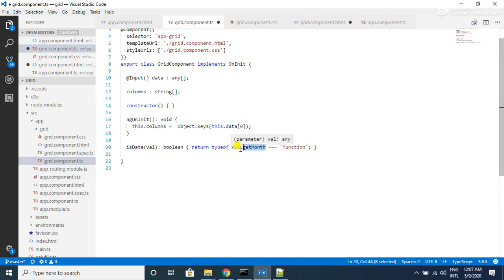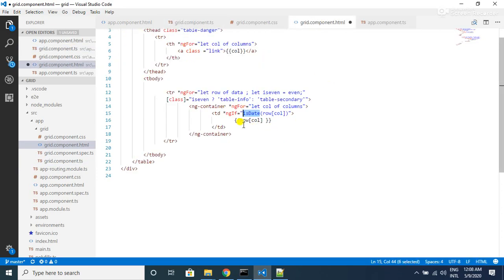For a date object we will be having the getMonth method. So that is why we are checking if the object of this particular column cell has the getMonth function, then it is a date object. In that case it will return true, otherwise it will return false. Let's save this ts file and go to the component.html file.